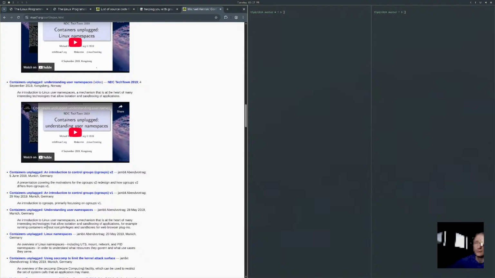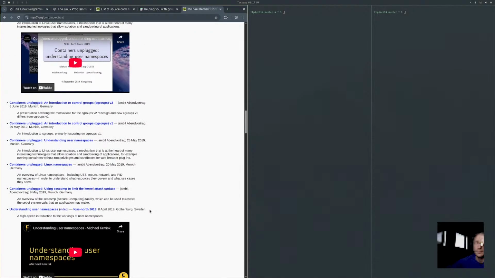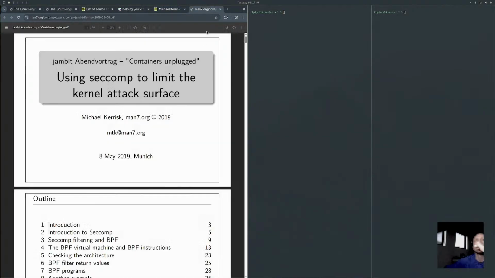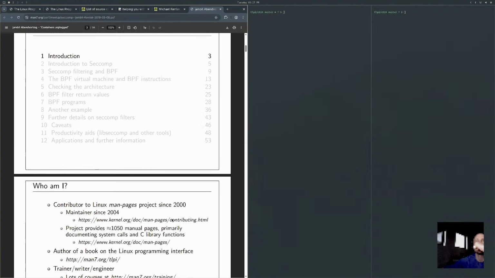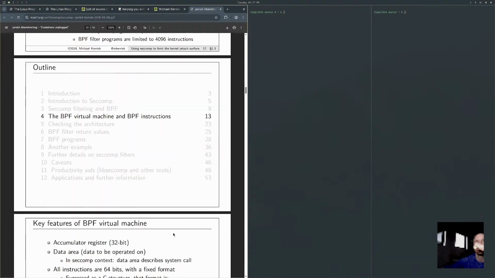Containers Unplugged. I think he published all this stuff here. Yeah, this is all of his material that he went over in the courses.